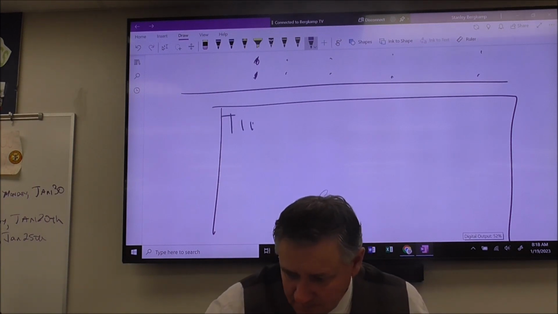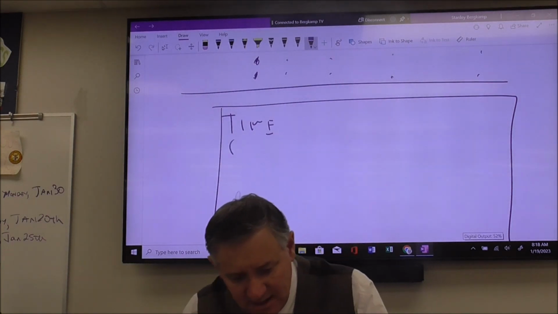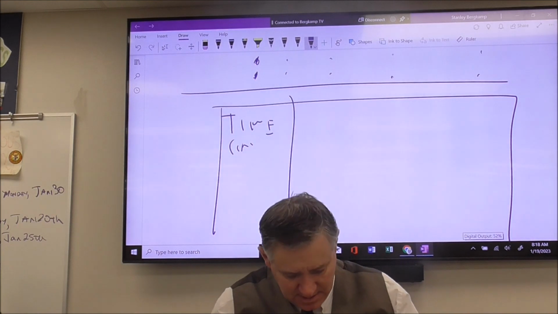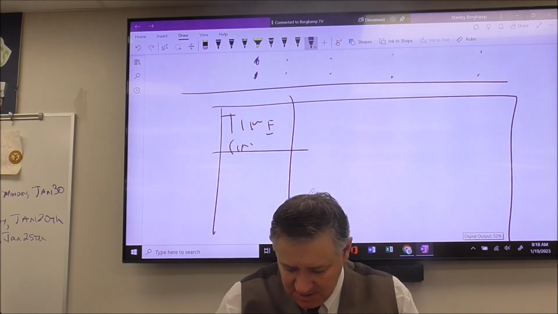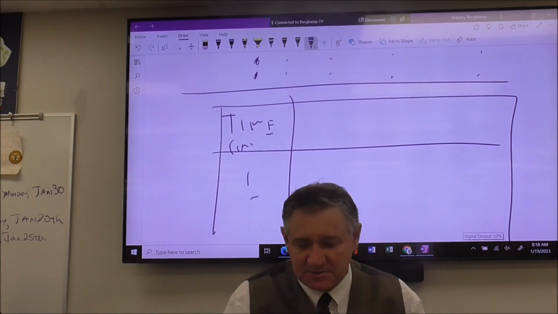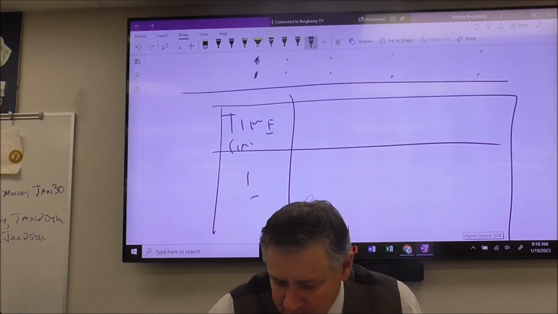Displacement, total displacement, and then velocity. Okay, so I'm going to take this tape and measure that first distance from here to here. I'm going to lay this out and we're going to measure it. I'm just going to make up a number. Let's say that that's